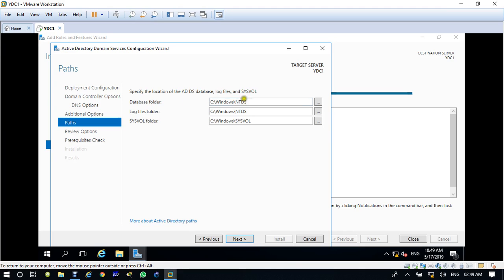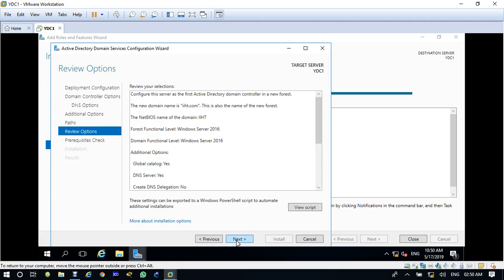Okay, so here you will get two options for the Active Directory database. One is NTDS and one is Sysvol. NTDS is the database file, and Sysvol will keep the information about the policies. The log files and the database file will be stored in NTDS, New Technology Directory Service database, and Sysvol is the system volume where the policies information will be. Okay, click next, and then next.